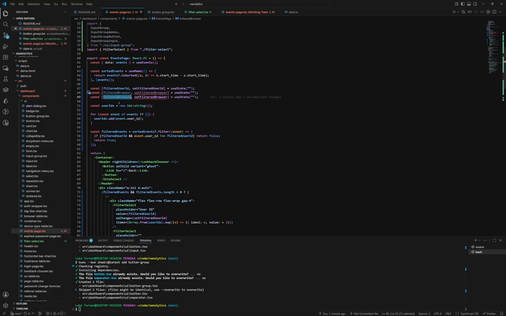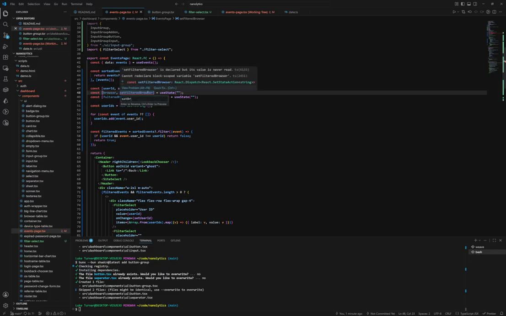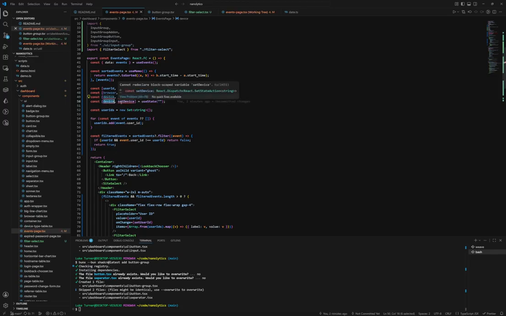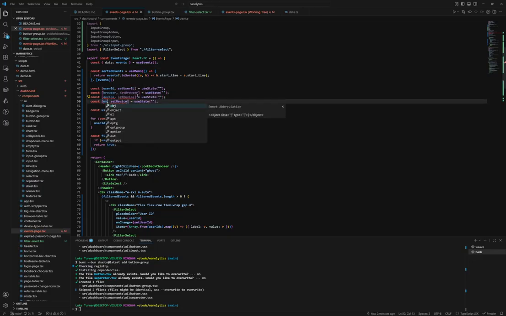And maybe I don't really want to keep typing filtered. So maybe I'll just call these like user ID, set user ID, browser, set browser, device, set device, OS, set OS,